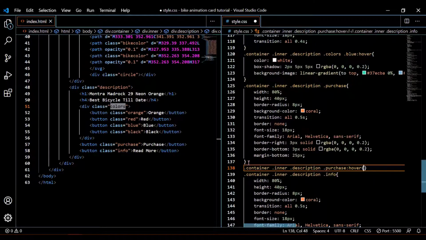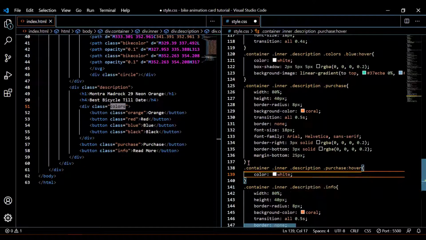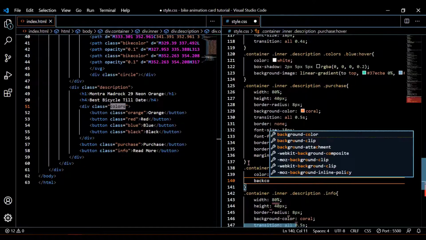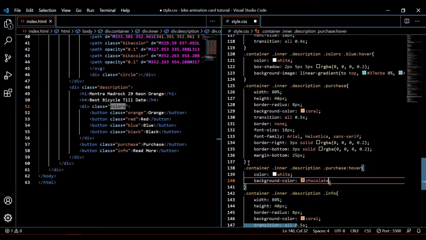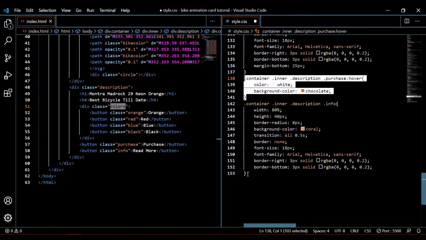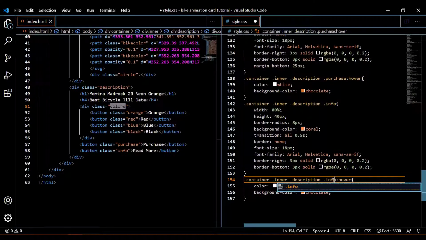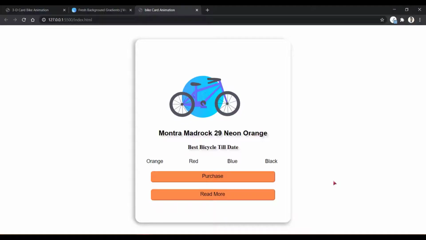Hover, the color should be white and the background color should be chocolate. The same hover effect will be applied to the another button. So it should be info, not purchase. Okay. So this looks beautiful.